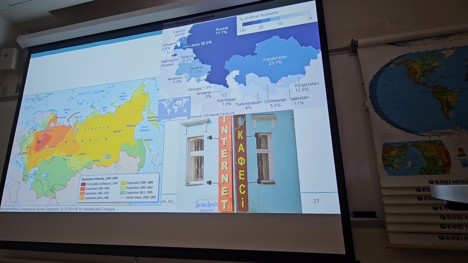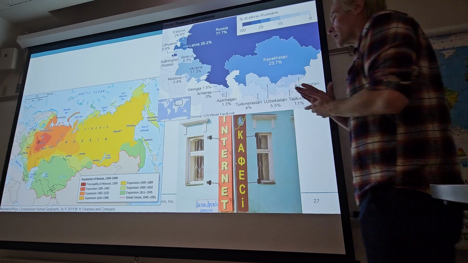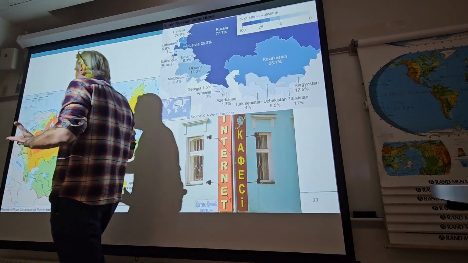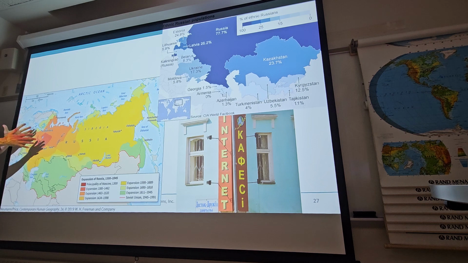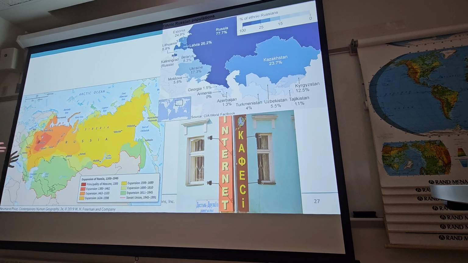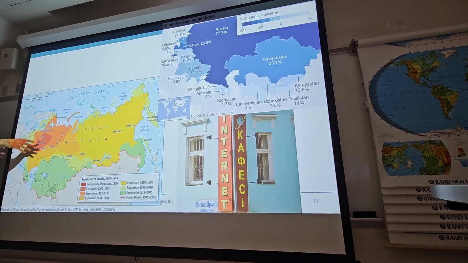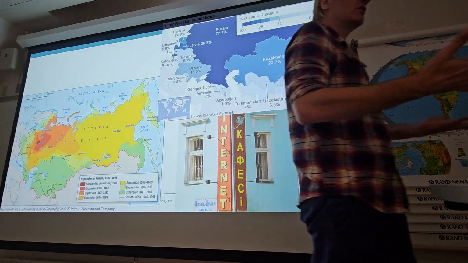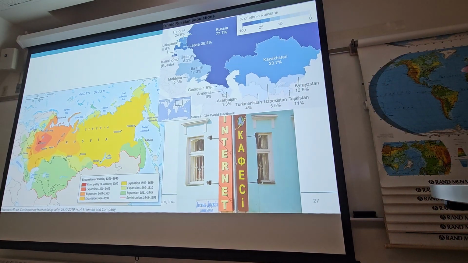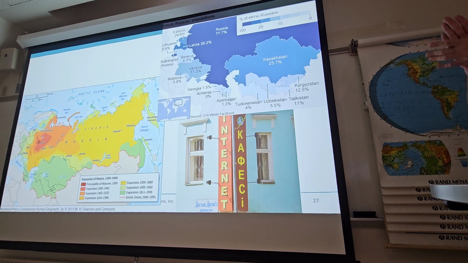Another example, Russia, right? The Russian language and the Russian people themselves, they had a very small core area that was just around Moscow, right? And as they expanded and they colonized, and I know people don't think of the areas right around here as anything other than Russian, but they had their own cultures and languages and things. This process of forcing the Russian language across Russia, it's called Russification,